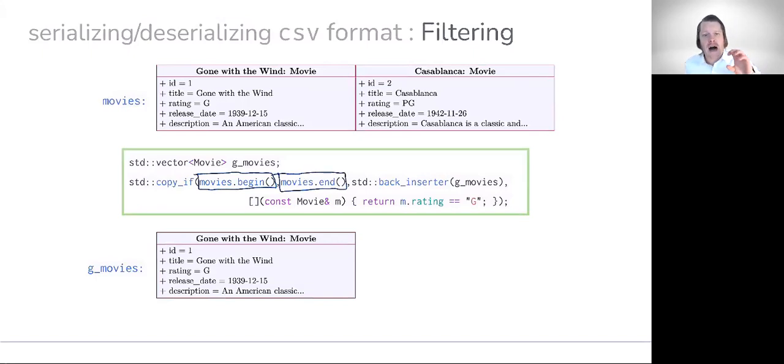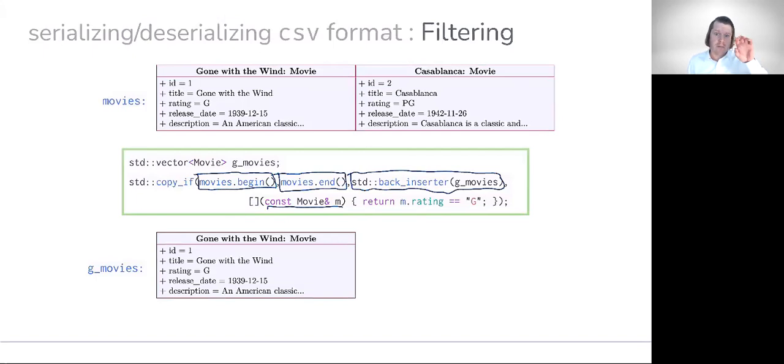I'm going to copy an individual movie object into G movies. And you can think about this as saying, I'm going to push it back to G movies only if the movie object that I'm currently looking at